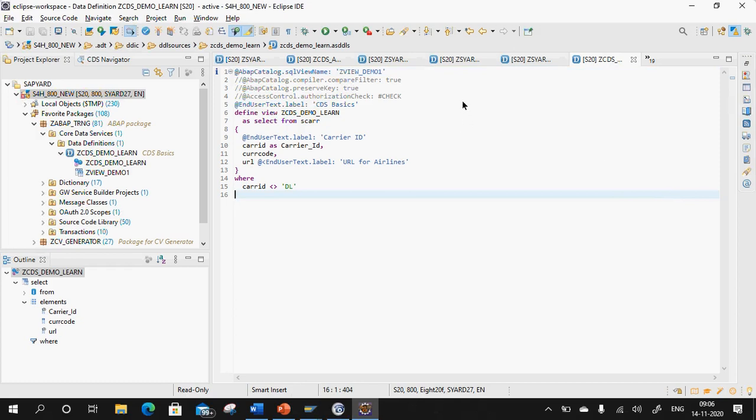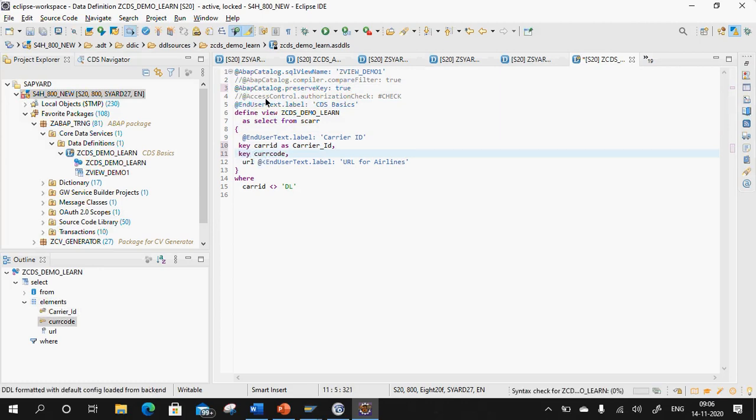Asit, can you do one thing? Can you just try creating another CDS view and just activate the same? Yeah, I'm going to try that. Because what I see is that your runtime activation program is throwing a dump for you. And in front of you only, see, I'll uncomment it back. Even if I don't give this key, from this perspective which I showed, it doesn't matter whether I give a key or not, it should work out.